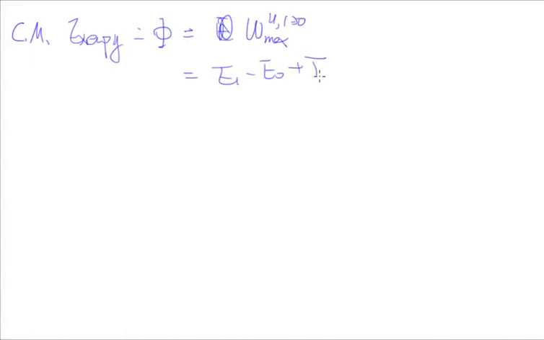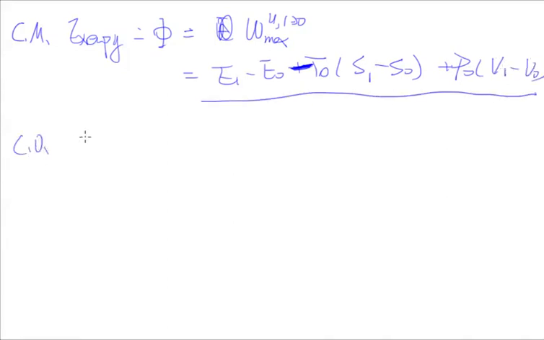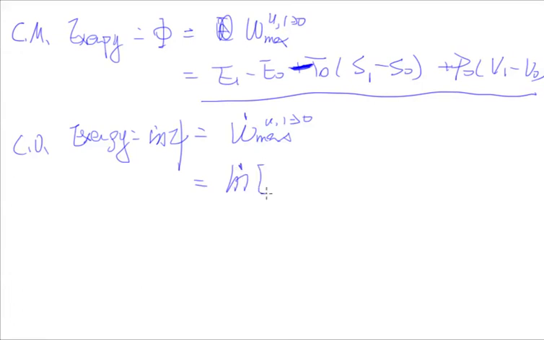To sum up, for a control mass, we have exergy equal to the amount of useful work we can get from state 1 to state 0, and that's E1 minus E0 plus T0 minus, and for a control volume, we denote that as m dot phi, and that equals to... so basically